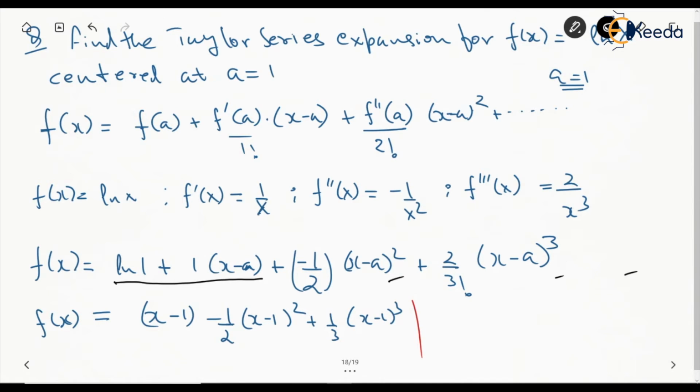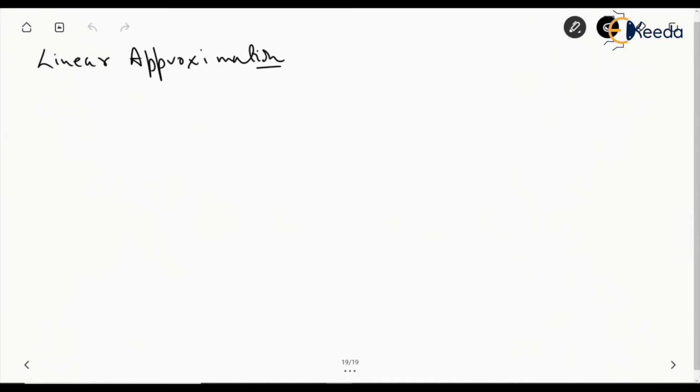So this will give f of x is equal to ln 1 plus x minus 1. So that ln 1 is 0, so this is x minus 1. That's it. They may ask you the coefficient